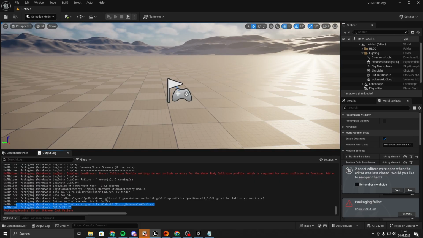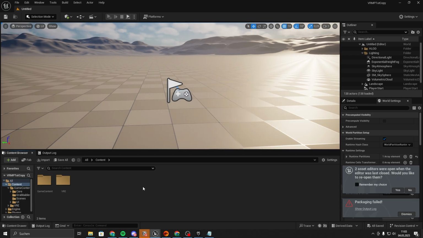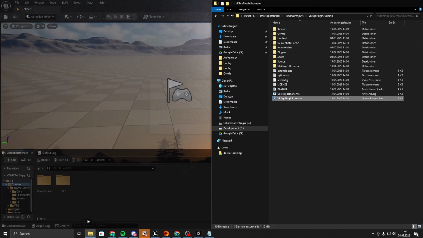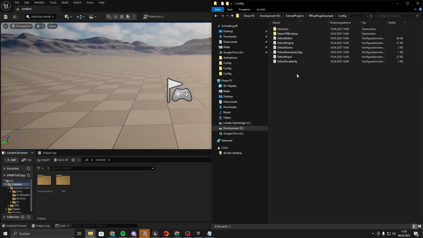And that's because by migrating, only the blueprint classes will be migrated to the new project, but the C++ classes, which the VR expansion plugin is made in, will not be migrated with, especially the default engine ini we looked at in the last episode, and we have to move the config from the VR expansion plugin example into our own project for everything to work, because there are some references which will not be migrated over, so we have